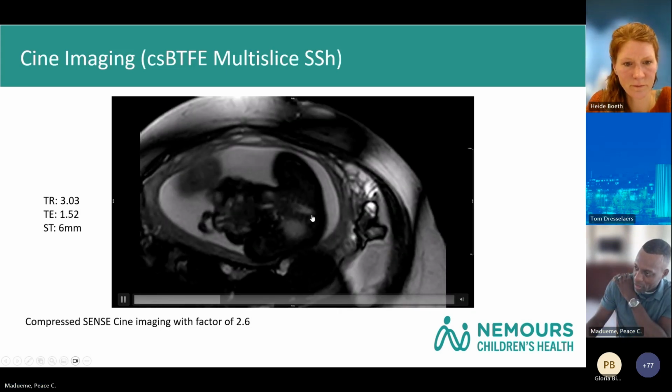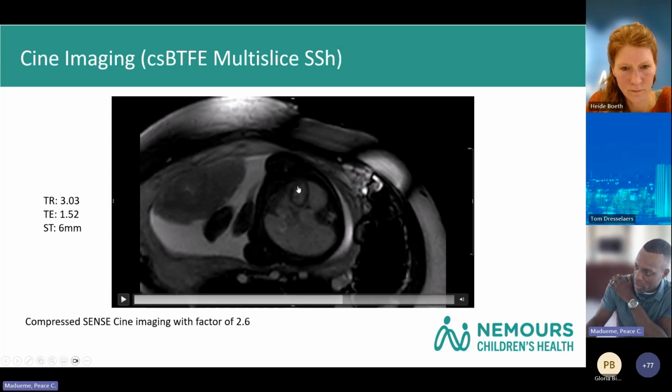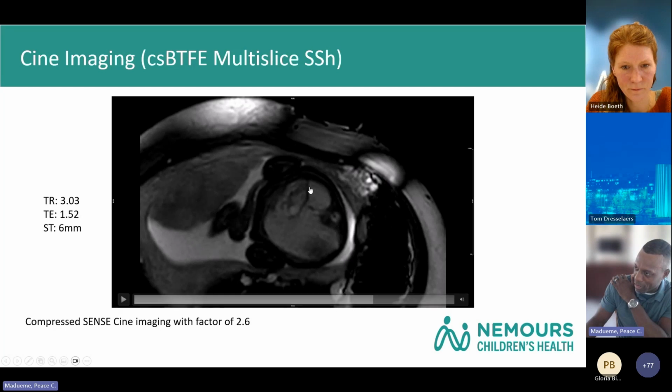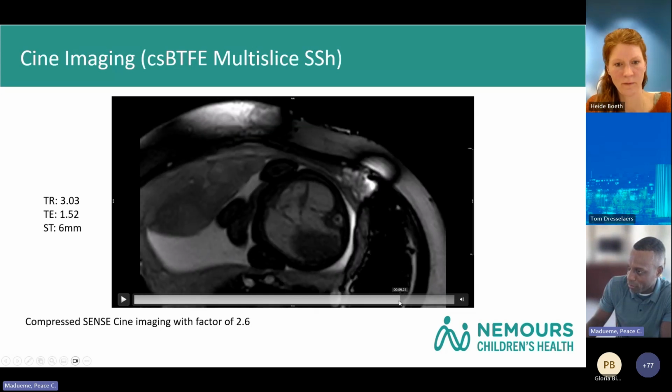And so as I play this here, again, we're going to see that the spine is back here, and the heart is displaced into the left chest. This is the left, this is the right, and this is the left ventricle. Again, that left ventricle is oriented sort of towards the spine. This is the apex of the left ventricle. The right ventricle is here. This is the front of the baby. The orientation of the heart is just very unusual. And we're also starting to see great vessels coming off. And we do confirm that there was double outlet right ventricle. Some of the other images will show it better, but both great vessels come off the right ventricle versus the left ventricle.